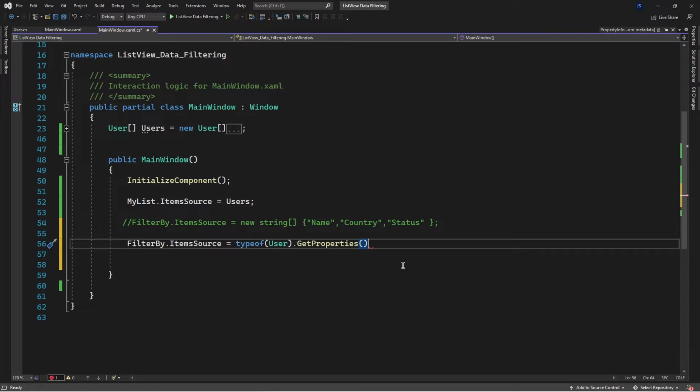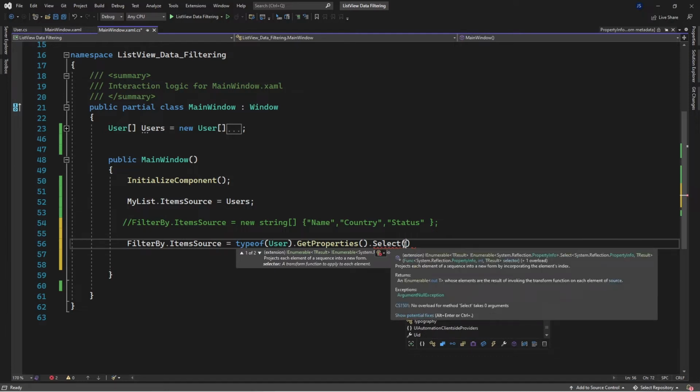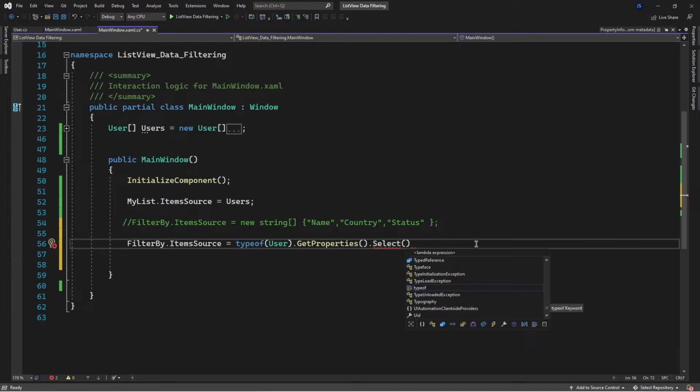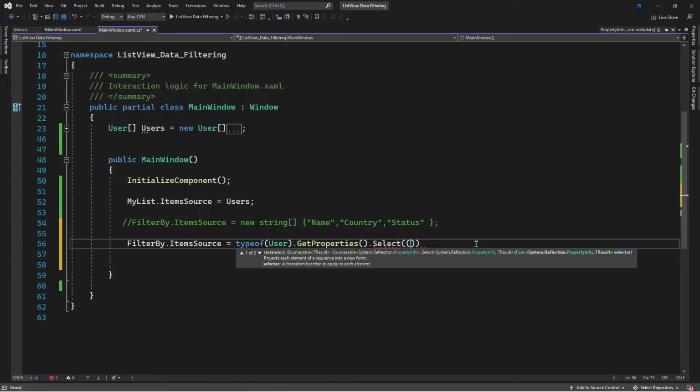So I'm going to implement a transformation method here. Now because it returns a list, I can simply use some LINQ methods, and that method is the Select method. Now within this Select method I'm going to specify a predicate, which is simply a method. So I'll say